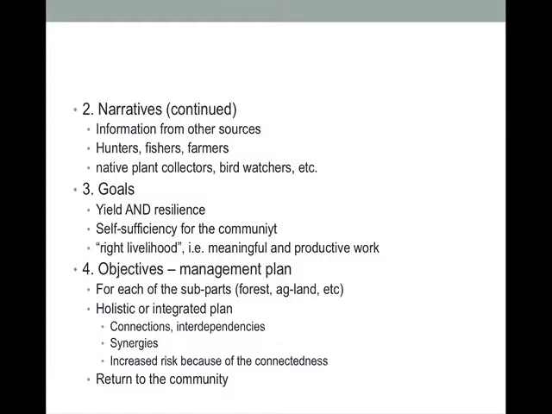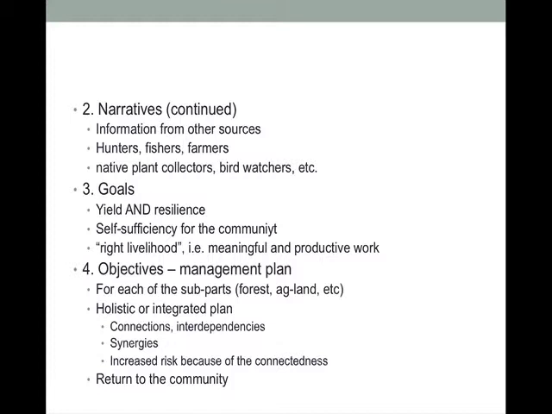And this comes in often when we're talking about small communities managing their own resources, which means meaningful and productive work. They're not just going to farm this out to somebody else, but they and their children are going to be working the land and harvesting the wood, tending the livestock, and they want this to be meaningful. Okay, so the objective in this would be to set up a management plan.